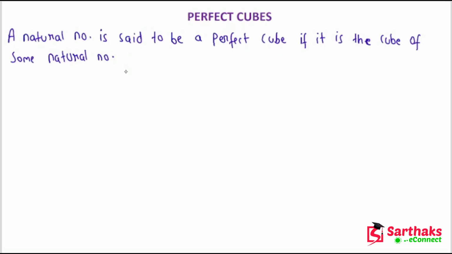So we have also studied them in the square section, that perfect squares are what? Squares of natural numbers. Similarly, perfect cubes are what? Cubes of natural numbers. Example,